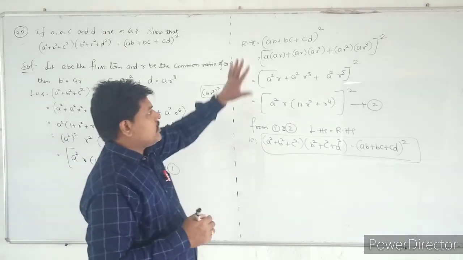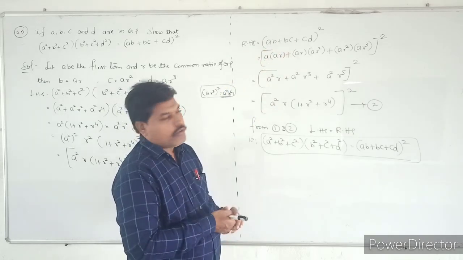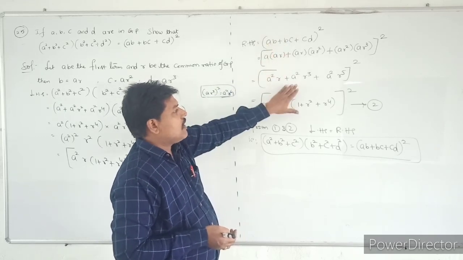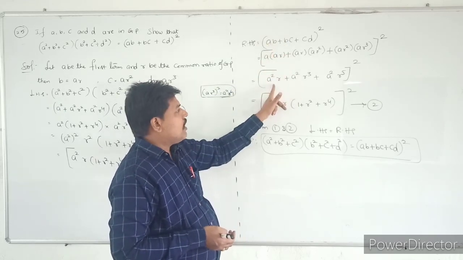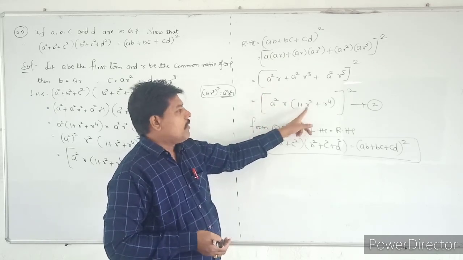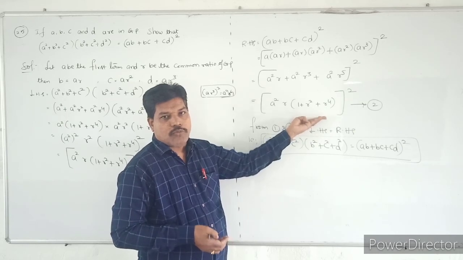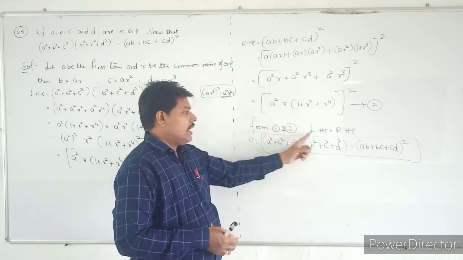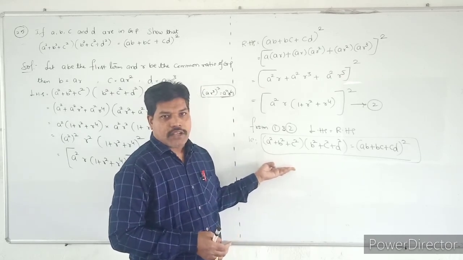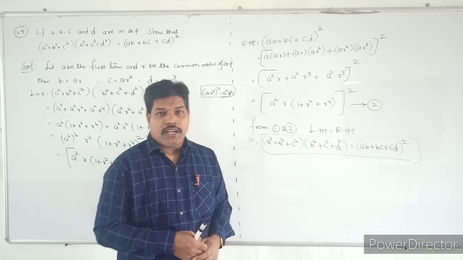Next take the RHS. The RHS is AB plus BC plus CD whole square. Here just replace the A value, B value and so on and multiply, you will get this value, and take the first term A square into R out common. So it will become 1 plus R square plus R power 4. From equation 1 and equation 2, both are the same. So we can declare that LHS is equal to RHS, which is what the question asks. See students, once again this question. We will continue in the next class.